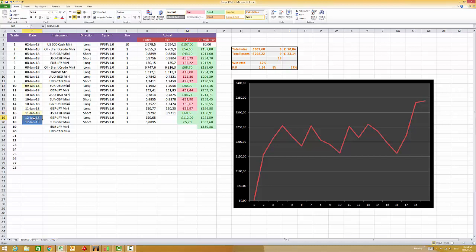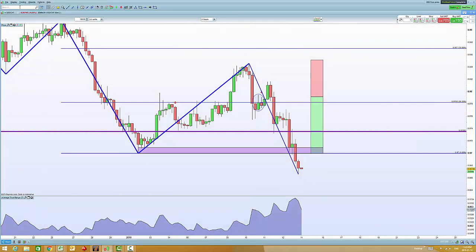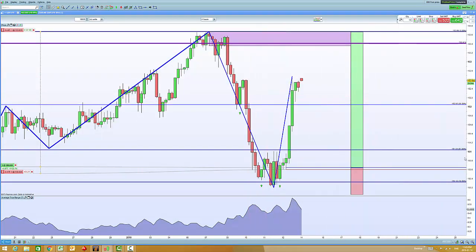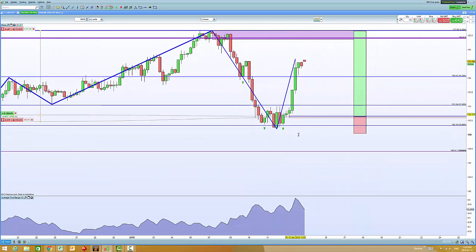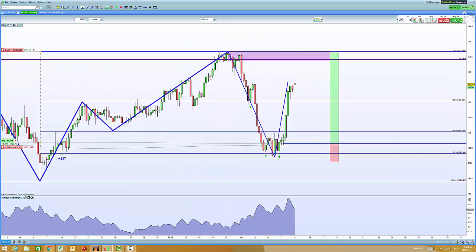So 2 decent trades to close out, and then we had 2 new ones which are still open. First one is a pound yen long, and let's have a look at how and why we got involved in that one. Pound yen, here we go. This is actually our 3rd bite of this one, and that's another important thing. When you're trading structure like this, you've got to define what your rules are, whether or not you're willing to re-enter trades should you get stopped out, and you've got to have back tested those scenarios and be comfortable with your approach to it.